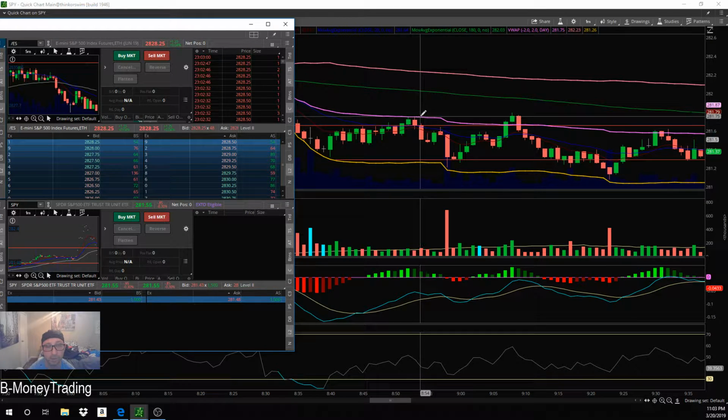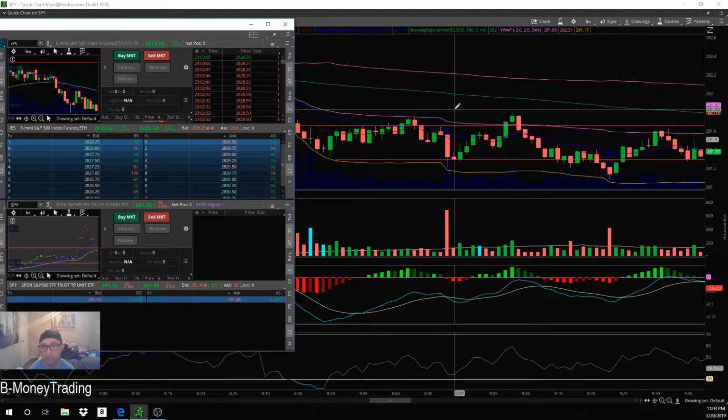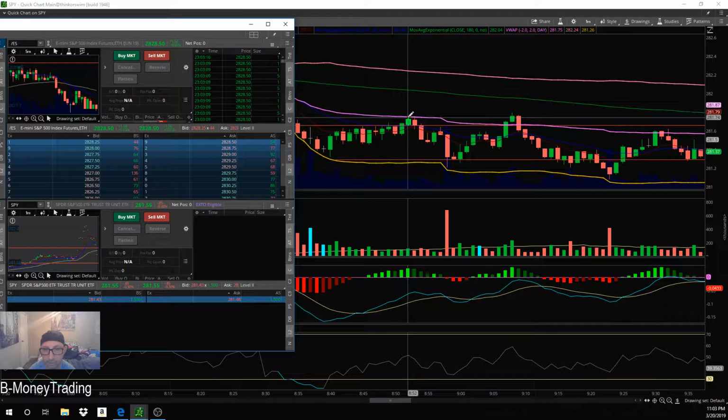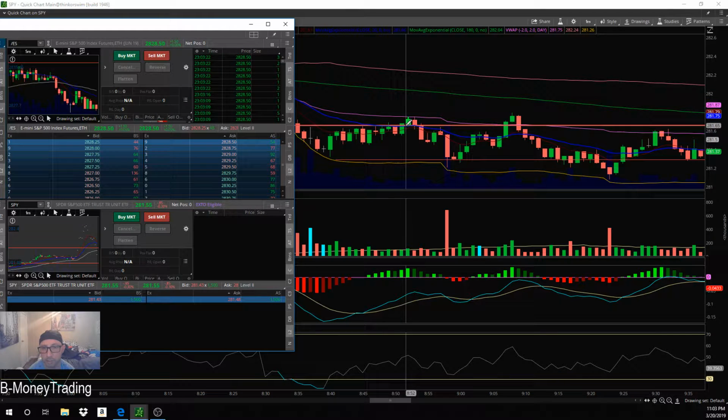Now if it breaks above VWAP, then we know that it's being more bullish, and if it can hold above it, then we're likely to start maybe trending up. So we see here, and that's basically where you see it knocked down. So it was able to break above this